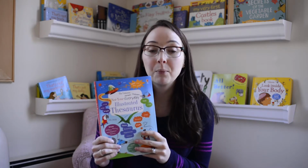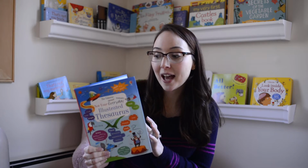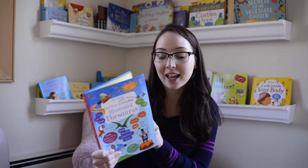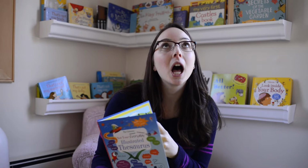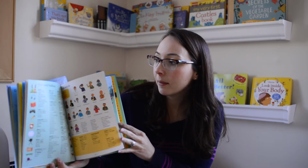Next, we have a lot of homework helpers. We've got math books, we have a thesaurus, lots of books that you maybe didn't know that Usborne has. So this is Not Your Everyday Illustrated Thesaurus. I love this book. I think it's so great for kids to learn different words to use, and it's broken up into topics. So this page is Under the Sea, Fun and Hobbies,